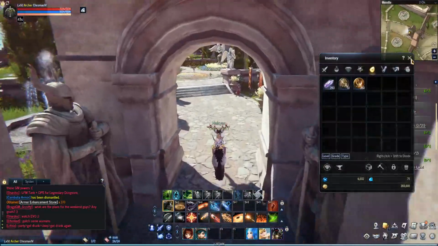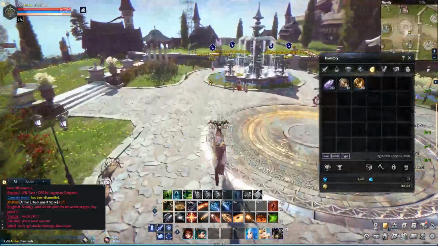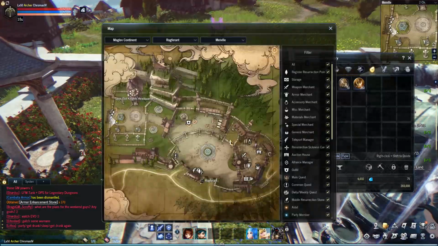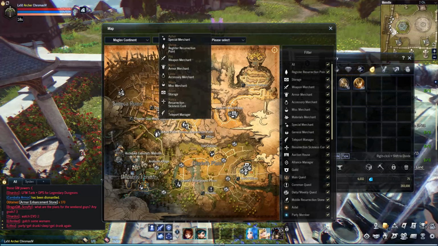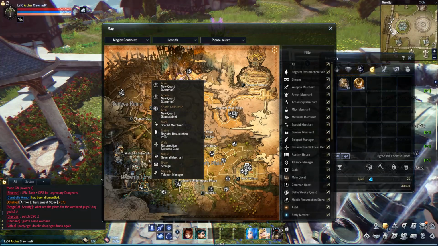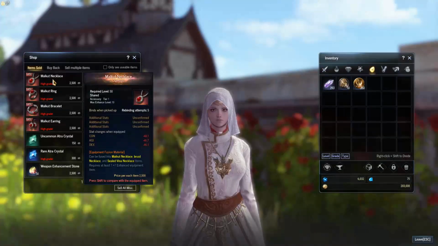So if you don't want to farm your dungeon, a level 15 dungeon, to get a rare piece to help you progress, you're going to see a person that has the words ancient fragment shop over their head in different areas along the map. So if I look out here and I go into any of these areas that you'll be hunting, you can mouse over this in the map and you'll see that there's special merchants all throughout the area. Once you find those special merchants, you can go to them, talk to them, and you'll see what you can